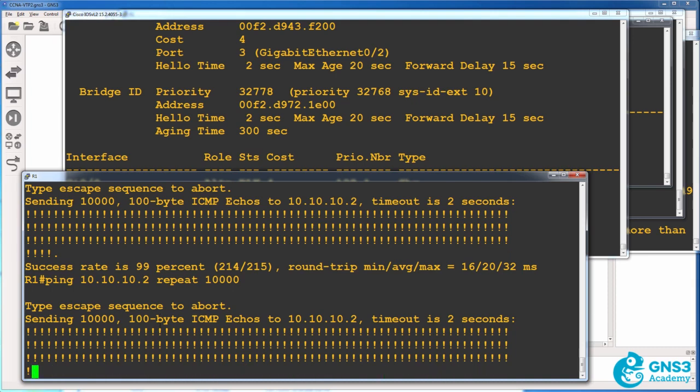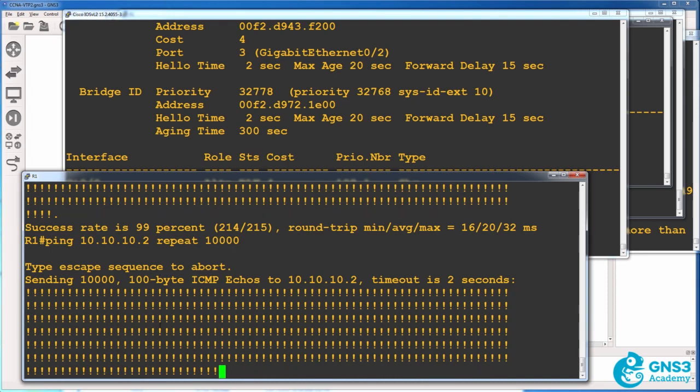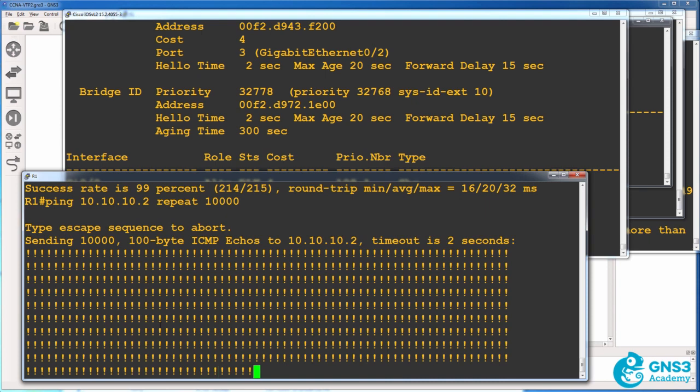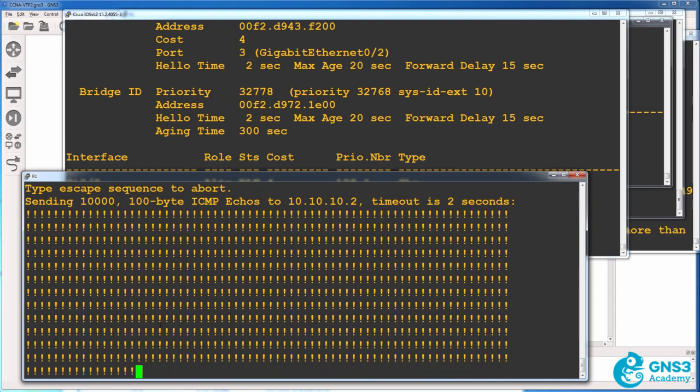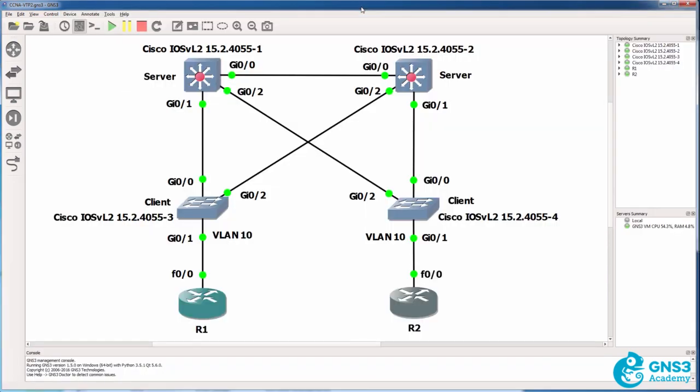I had to wait a bit longer, but after a while, GNS3 did settle down. Spanning tree sorted itself out, and the pings started succeeding, as you can see here. So, be careful with VTP. This is why a lot of engineers don't use VTP, but prefer to use transparent VTP mode, in other